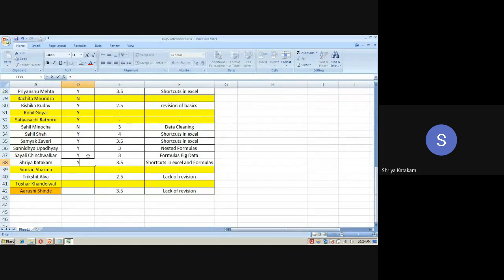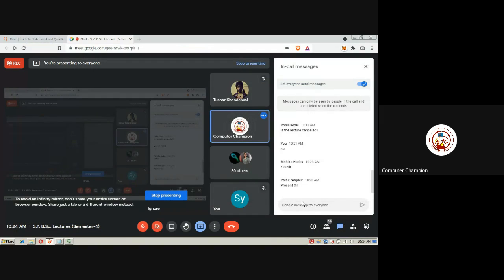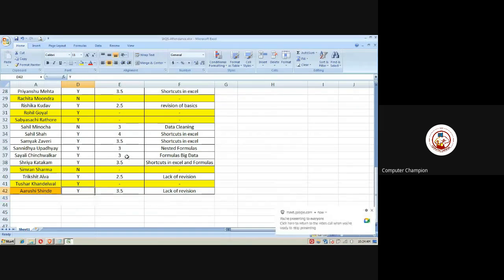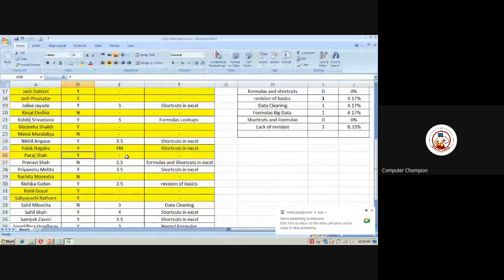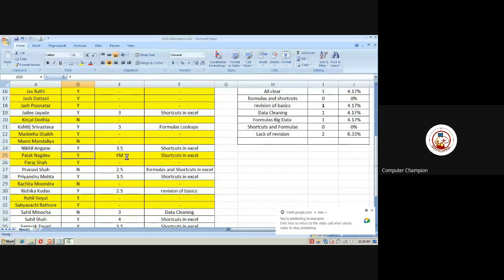Present, sir. Simran. Dikshit. Present, sir. Tushar Khandelwal. Present. Arushi. Present, sir. Okay, anyone who has sent on chat? Palak. I'm marking Palak, right? Okay, fine.